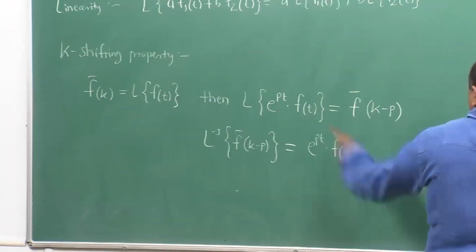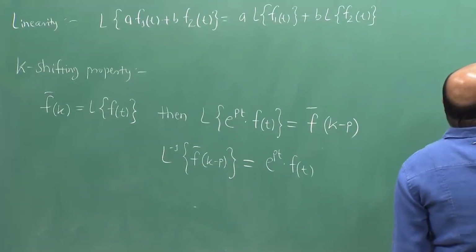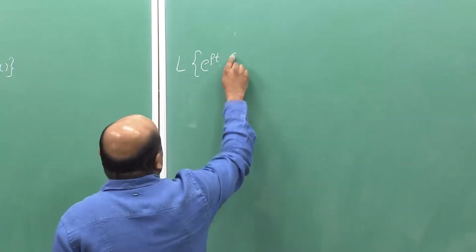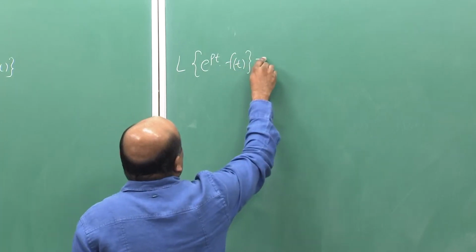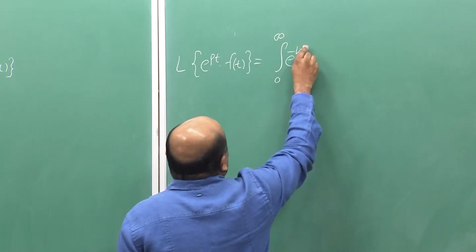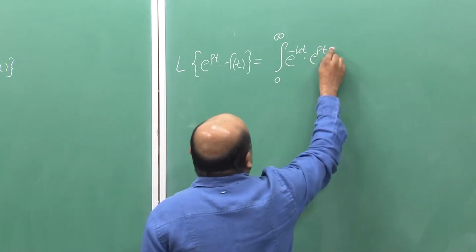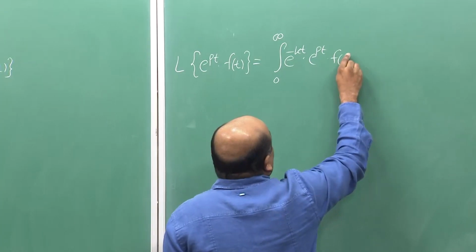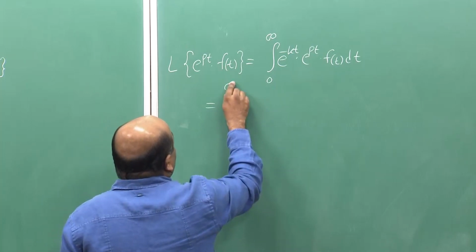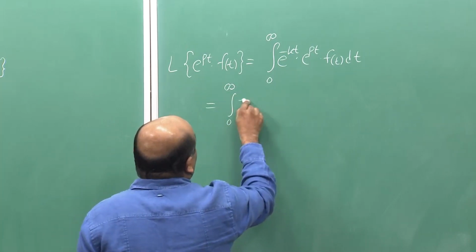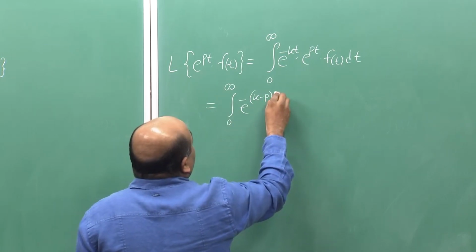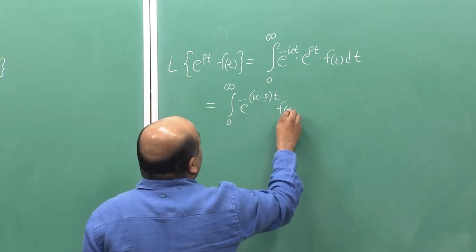If we write the Laplace transform expression for e to power p t times f of t, it will be integral 0 to infinity e to power minus k t times e to power p t f of t dt, which should be equal to integral 0 to infinity e to power minus (k minus p) t times f of t dt,